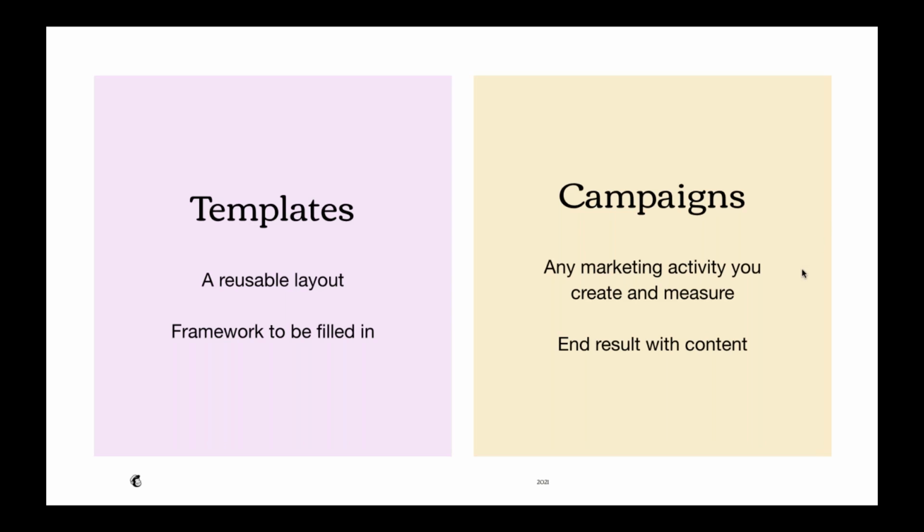So, for example, you may want to send out a monthly newsletter. Now, you create a template in order to carry over the same look and feel from month to month. So rather than start from scratch every single month, you can just use that template that you've already created and then just fill in that template with your month's new content.